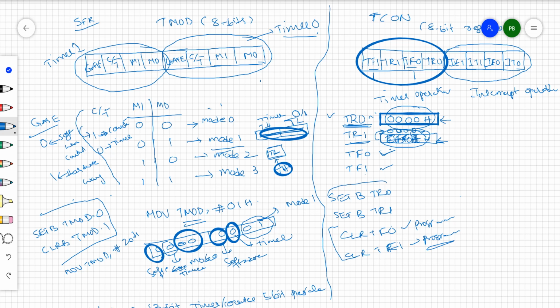But these run bits, that means at what time you want to run a particular timer and at what time you want to stop it, are decided by the programmer. The programmer can run it by making this bit 1, and if you want to stop it, by making it 0, by clearing timer run bit 0. In the similar way, clear timer run bit 1; once it is cleared, these timers are going to be stopped. So like that, these 4 bits are going to control